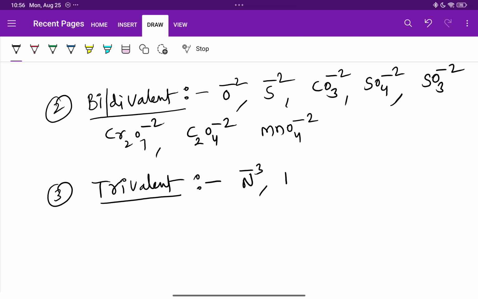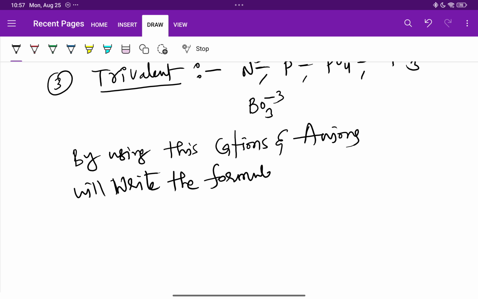By using these cations and anions, we will write the formulae of chemical compounds. So how we are going to write, we'll check a few examples. The examples are,